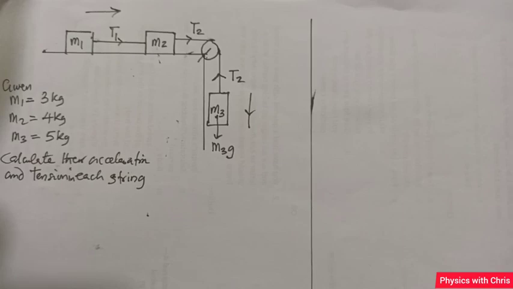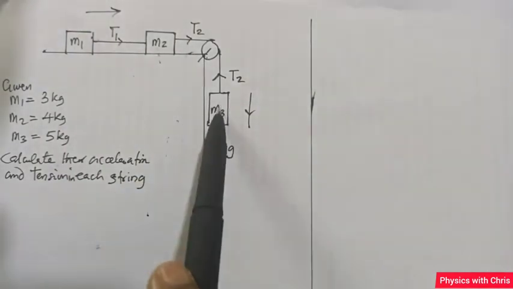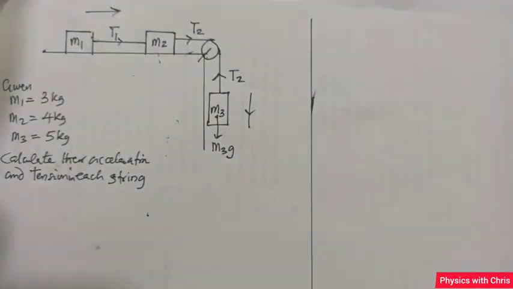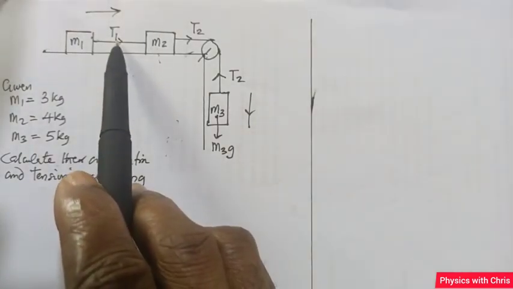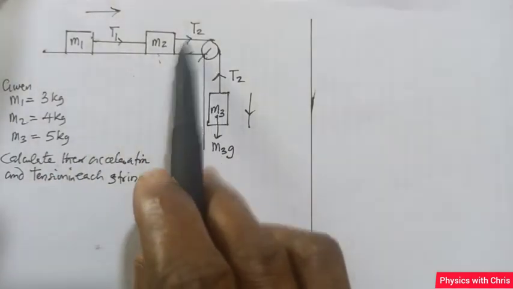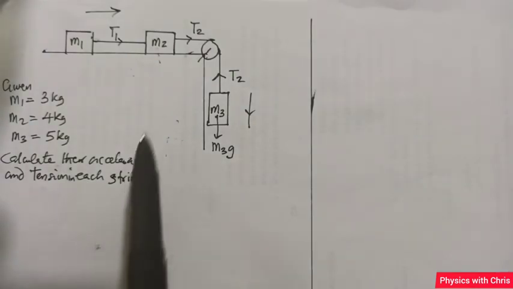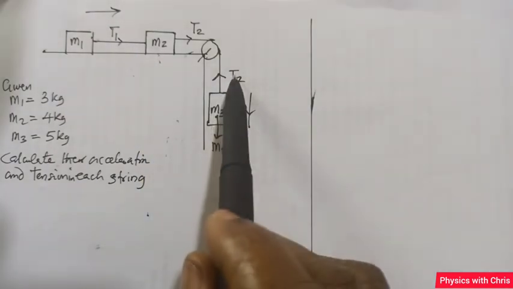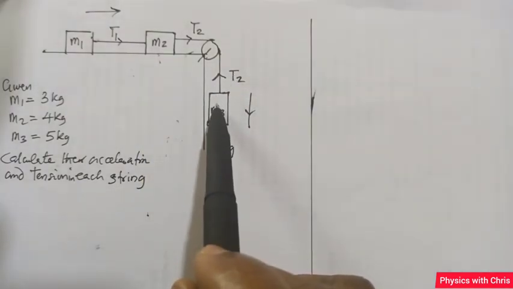acceleration, and then a string connects M1 to M2, and a different string connects M2 to M3. And this string passes through the groove of a very small pulley. We are going to ignore the effect of frictional forces between the string and the groove of this pulley. Okay, so very quickly, we see that the tension here is the same. That is, M1 and M2 pull each other with tension T1, and T2 and T3 is the tension in this